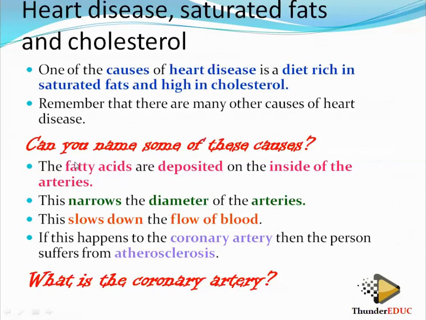Even the brain can also be connected there. Can you name some of these causes? Fatty acids are deposited on the inside of the arteries. This narrows the diameter of the arteries. This slows down the flow of blood. If the blood is not flowing with the speed it's supposed to, and it happens to the coronary artery, then the person suffers. It means that the person won't have enough